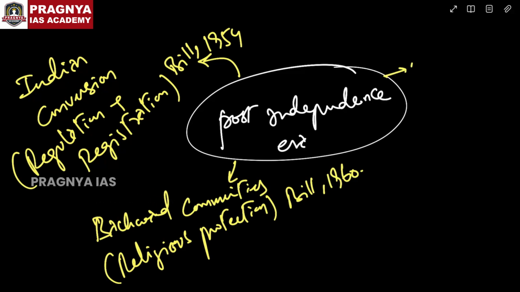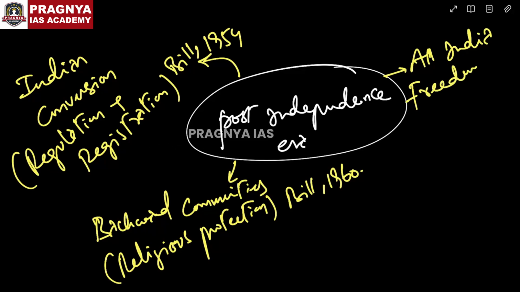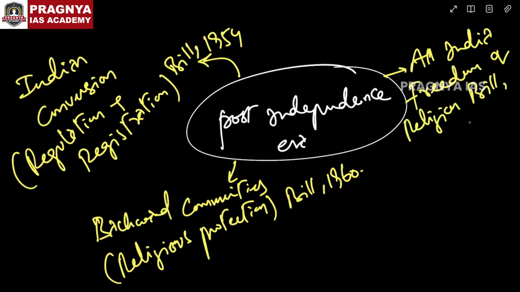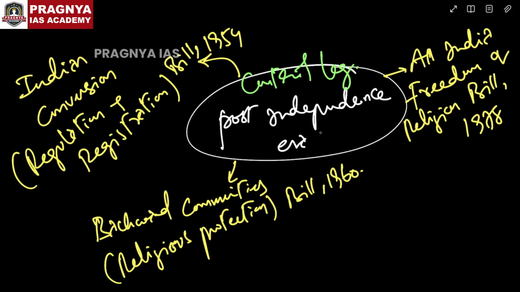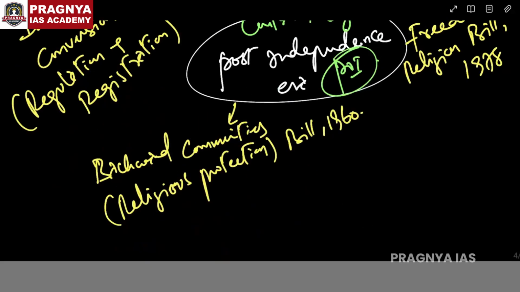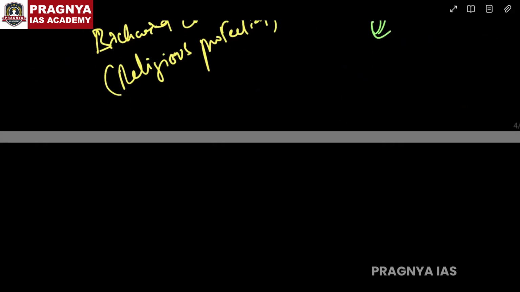Likewise, another effort, the All India Freedom of Religion Bill of 1978. These are the central legislative bills. In the central legislature, meaning in the Parliament of India, these were introduced but failed. Despite these failures, several states